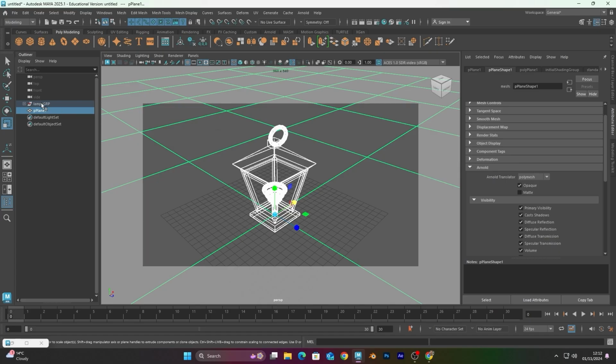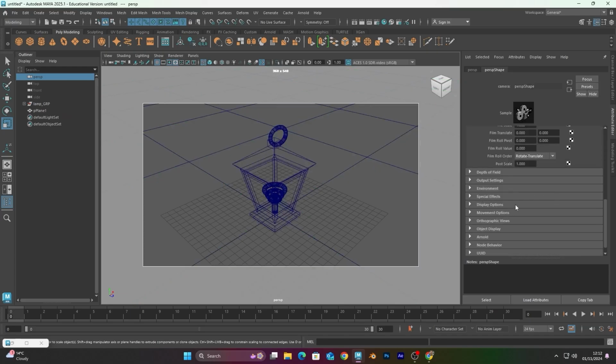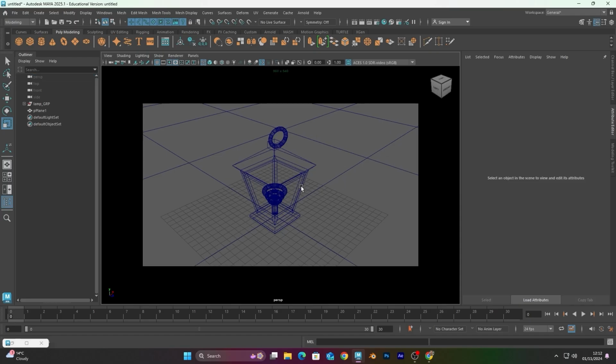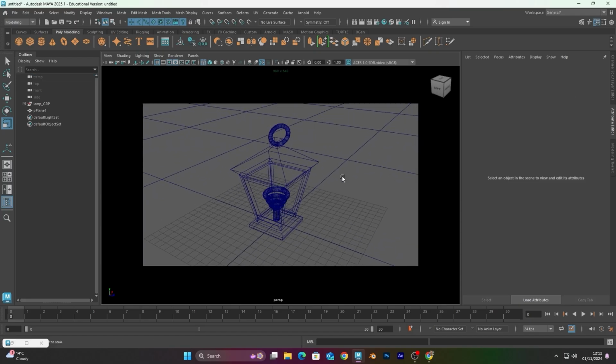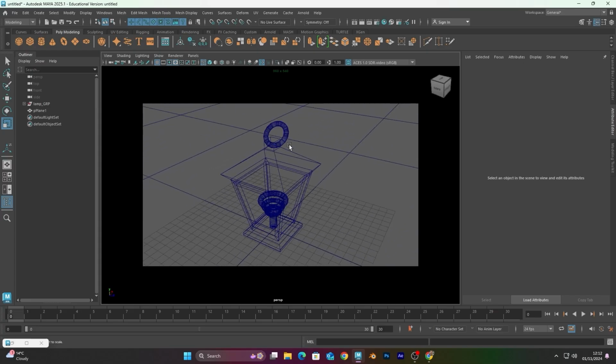And one thing I do as a personal preference is I go to the settings and I go to display option, and I set gate mask opacity all at 1 and gate mask color to black, so it's a bit more clear to understand. So now the first thing you want to do is to create a light,